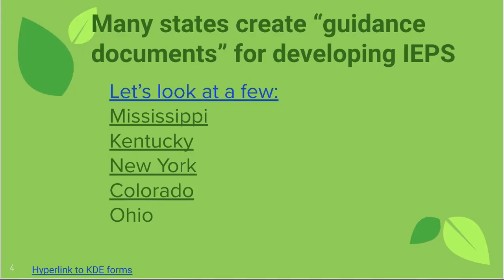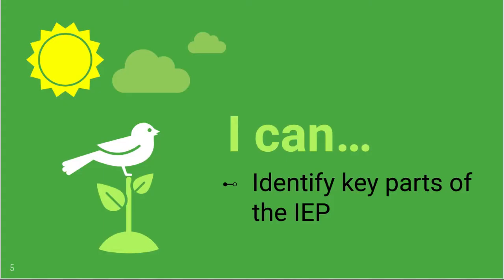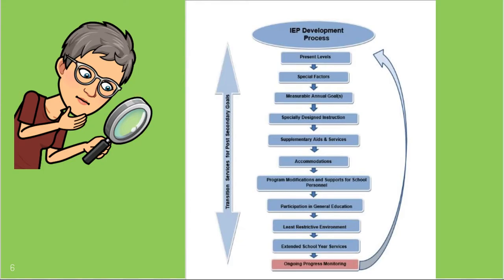Now, last week you were given a document with the guidance documents for Mississippi, New York, Kentucky, Colorado, and Ohio. So you can think back to that or look back at those to see what was there. But we're going to consider those as we're identifying those key parts of the IEP. So let's start here. When we think about the IEP development process, what you'll notice here is the cyclical nature